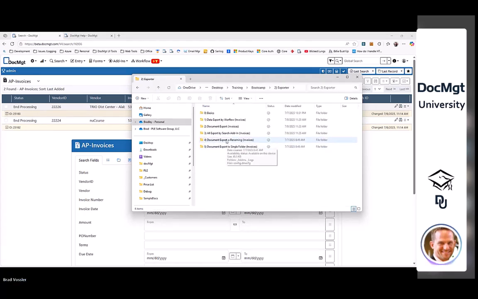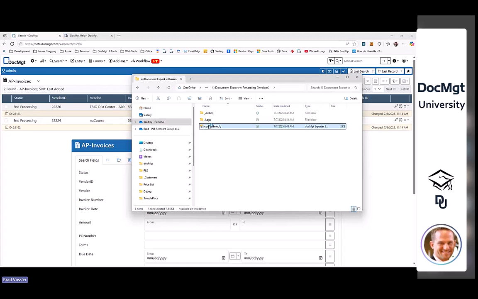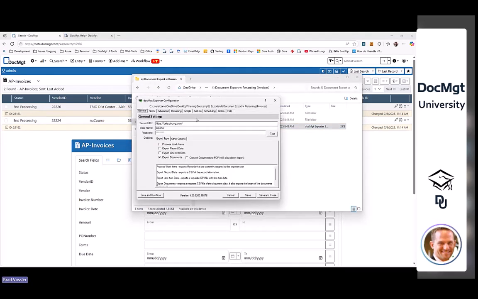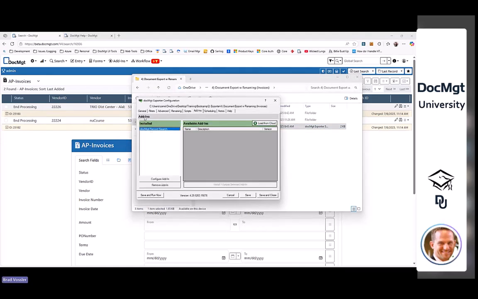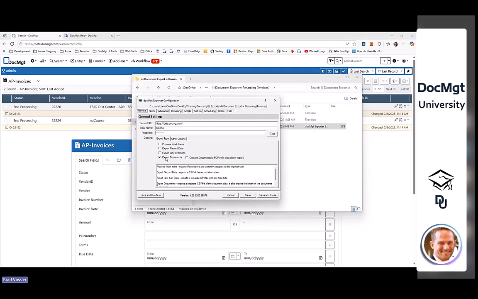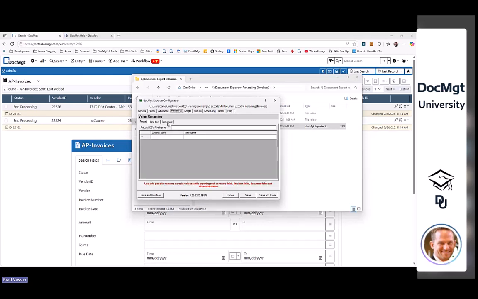Let's look at some of the renaming options. In this case, I'm going to do the record search again, so I don't need workflow, and I'm just going to export documents. But in this case, I want to rename those documents on the way out. Remember we talked about using those variables. This is where I'm using an invoice number dash vendor ID dash amount dot extension. If I run it,